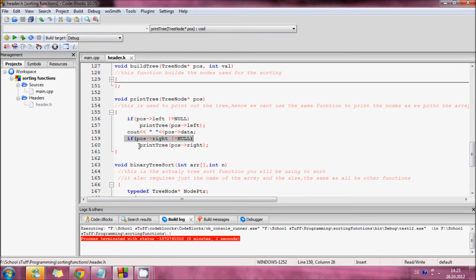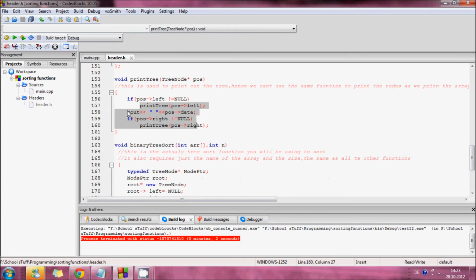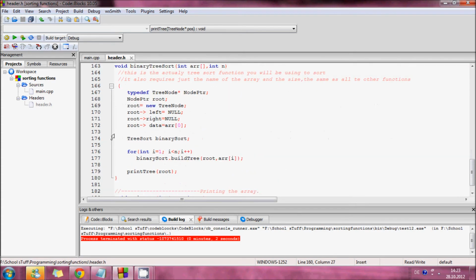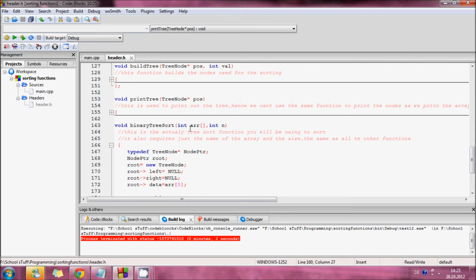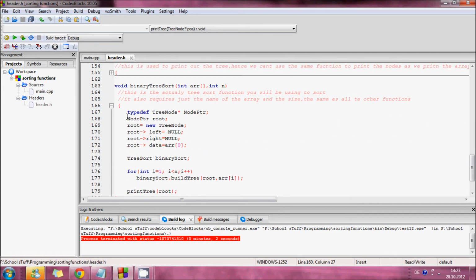Now we get to the actual sorting function where we use all that information that I just explained above. I create a pointer node and a root node, and I allocate some space for it and write the name of the array. I give my data, link an array,